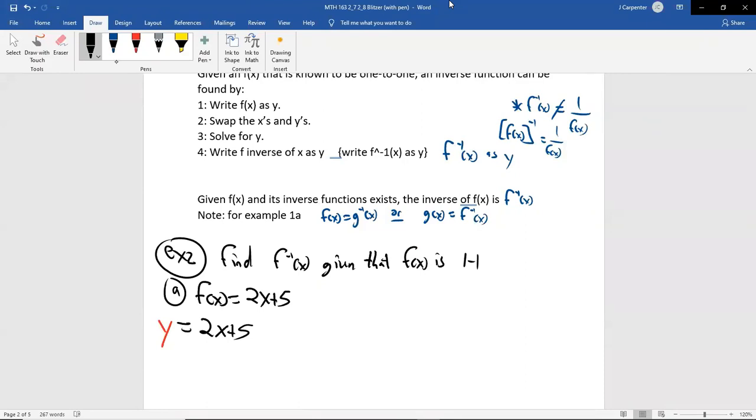The entire idea of an inverse is inputs and outputs are swapped. X's are inputs, Y's are outputs. Now f of x is still the output, but it would just look really weird if you made this x an f of x. All right, so here's me swapping. I'm going to change color again. So now this y becomes an x, and then this x becomes a y. Everything else stays. The equals, the 2 times the y, and the plus 5 stay.